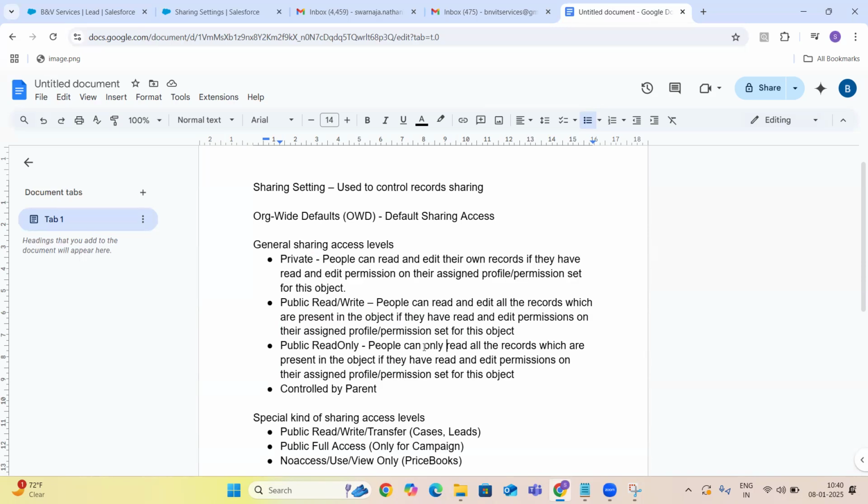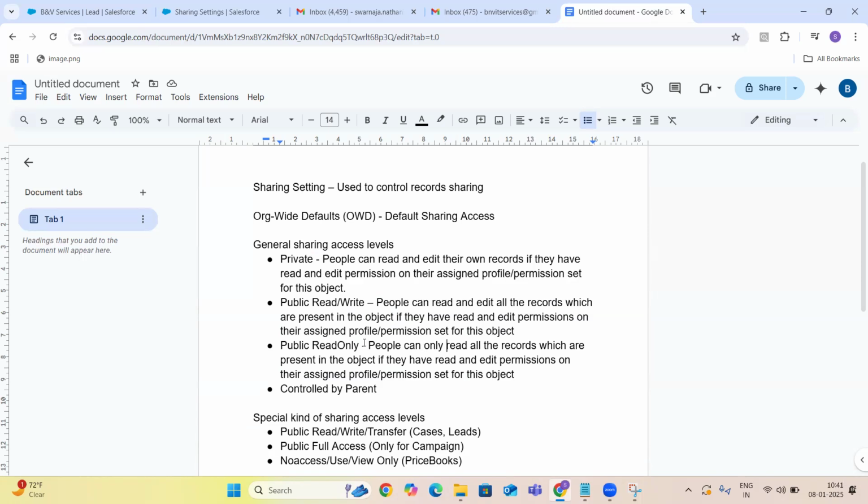So actually you have edit permission on your profile, but you don't want people to edit the records. In that case, you just make it public read only. That means you can only edit your records, but others can't edit them.